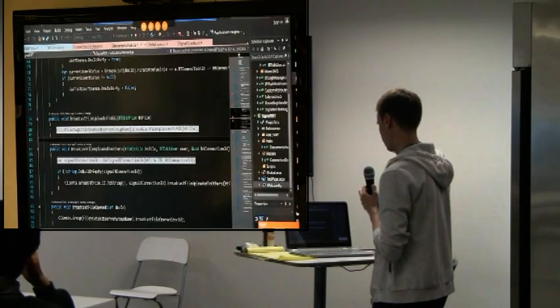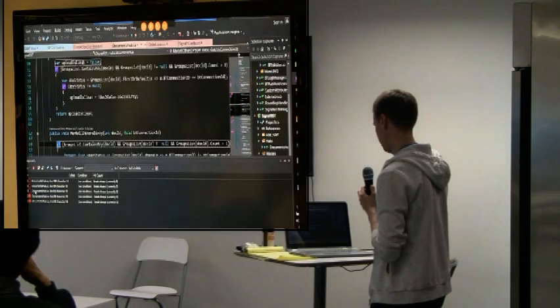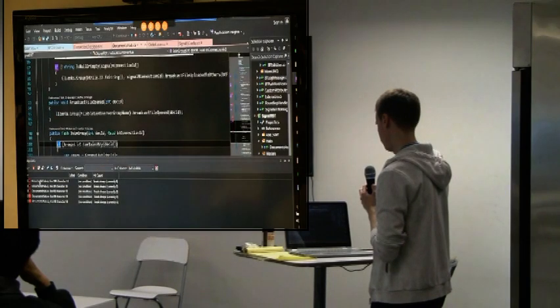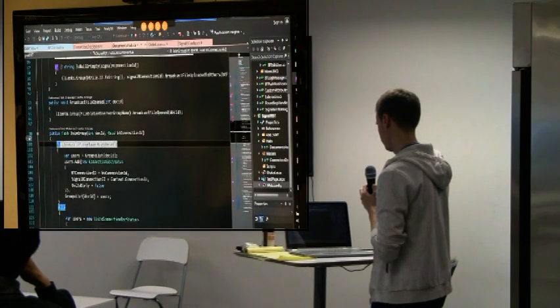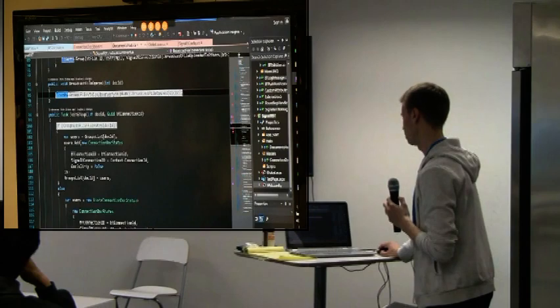And if I have my breakpoints set correctly, well, this one, I think I missed this, but when the